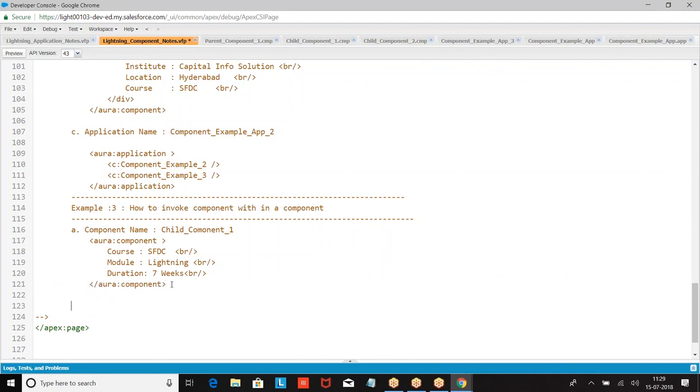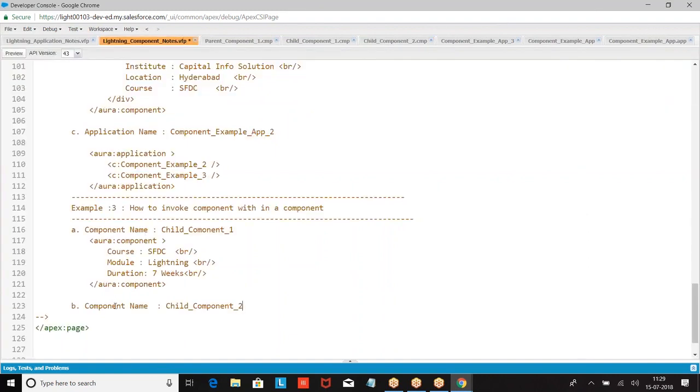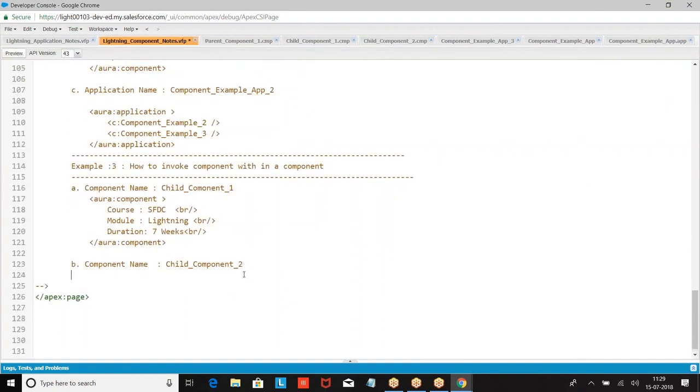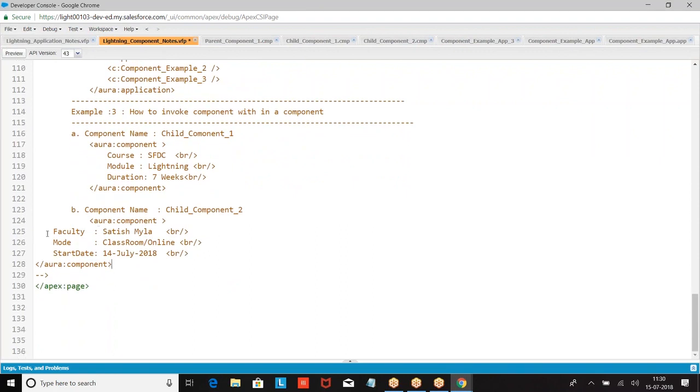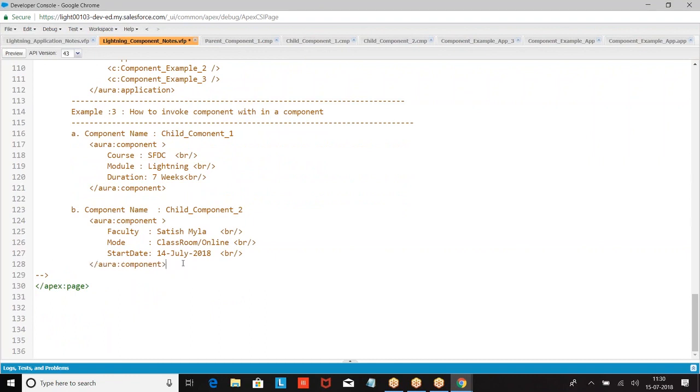Then you have taken the second one, component. Child component 2. We had component 3.